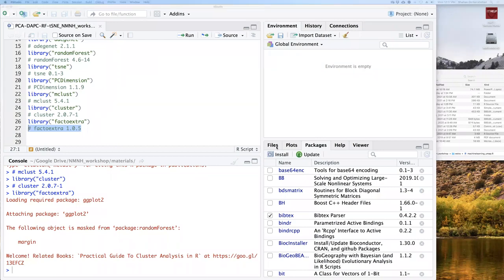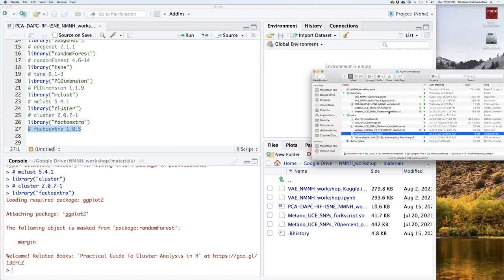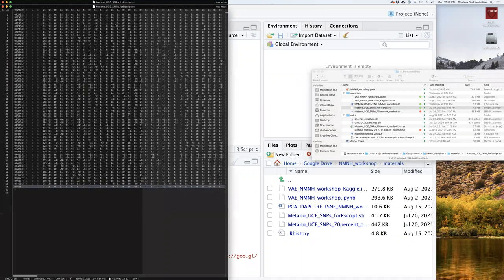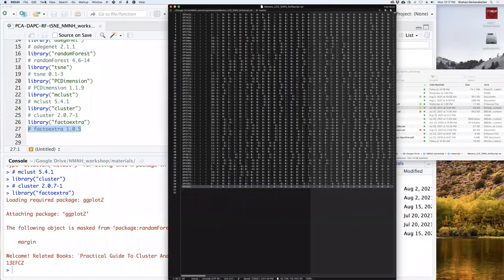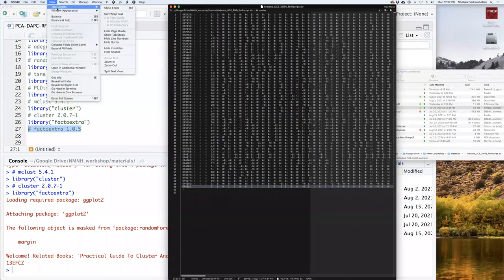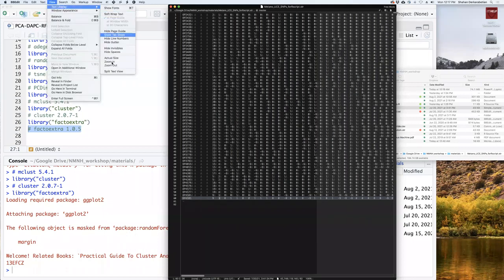Okay, so first I'm going to show you the structure format. Which one is it? This here, this is the file. So this is standard structure format. Let me zoom in.